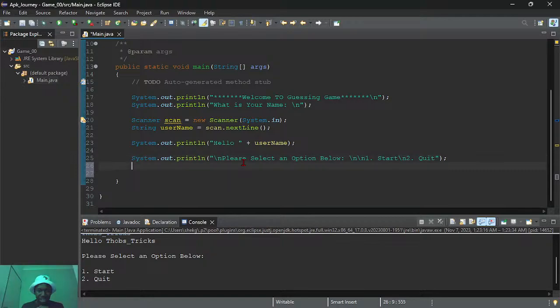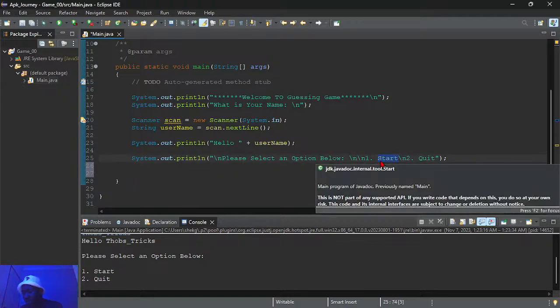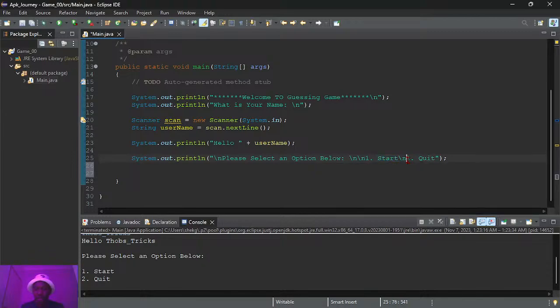This line will say to the user, please select an option, and if that option is one, then we start the game. If it's not one, if it's two, then we quit. And if it's not two, then it can be anything. I don't know if we should force the user to just keep on inputting the correct numbers, so that if it's not one or two, this thing will keep popping up, forcing the user to input the correct things in order for this to work.